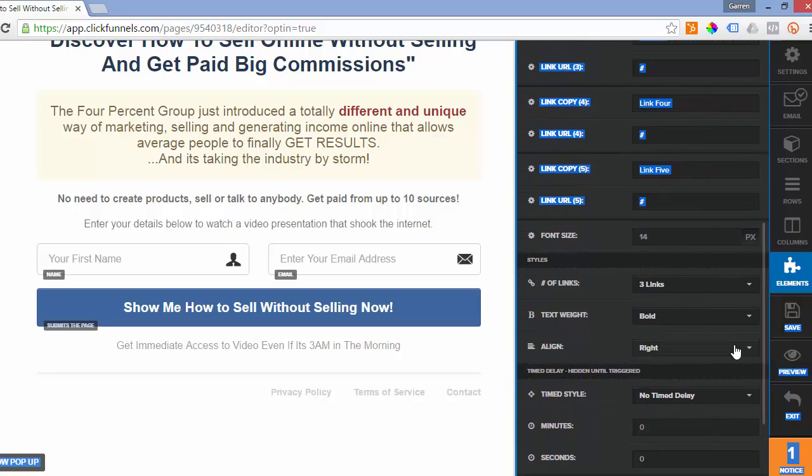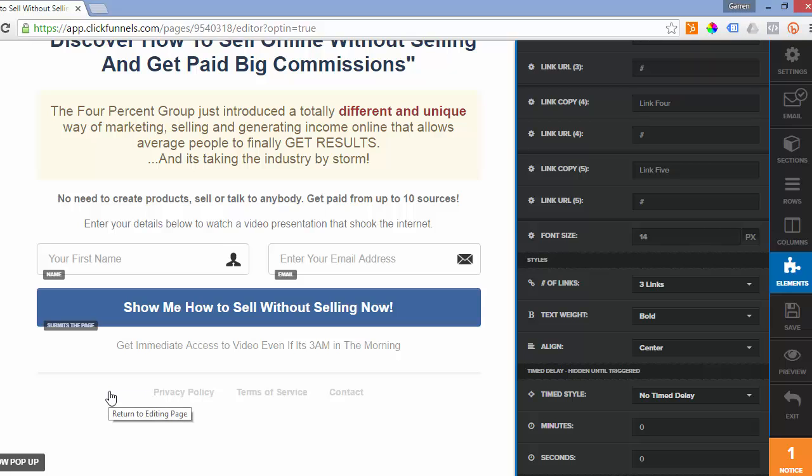You can change the font size right here. So this is right aligned. I want center aligned. Boom, that's good. If there was a fourth link on here, like if there was an about section, you would click 4 links here. And that would make this link up here live, and you would write in about and then put in your URL